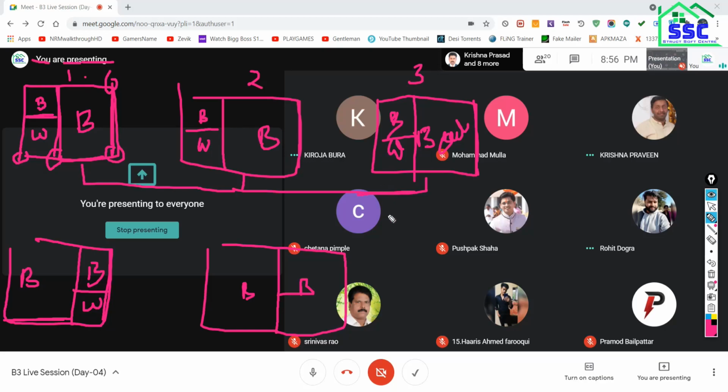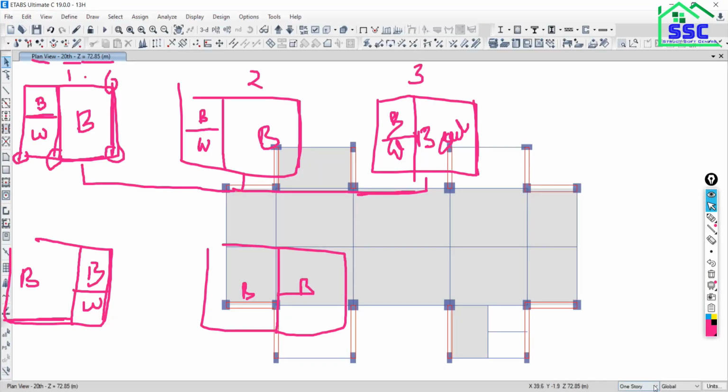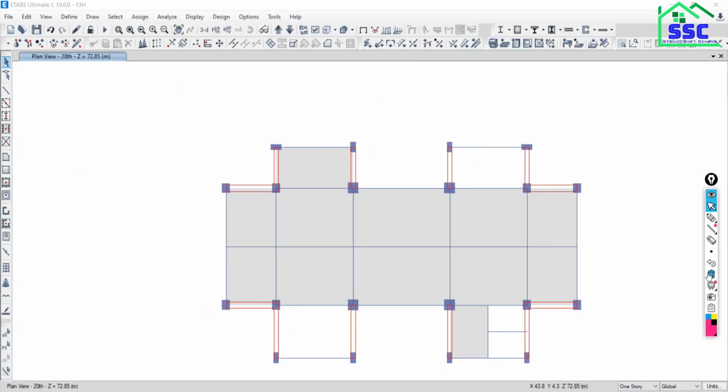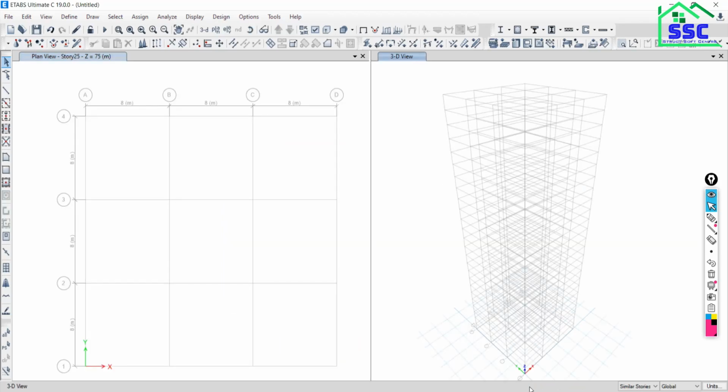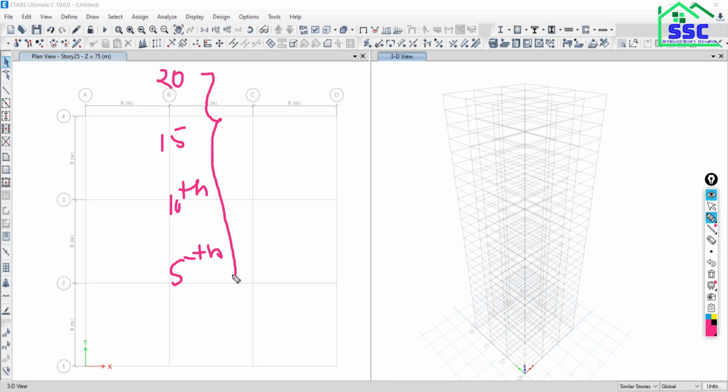So how to use this similar story concept and option? Let's go back to ETABS and clear all this. We are working with this example. Suppose in my building the 5th story, 10th story, 15th story and 20th story are similar, typical to each other.